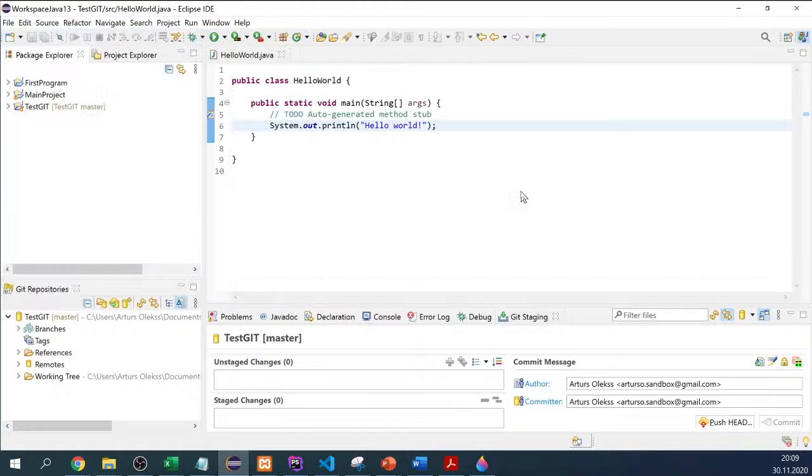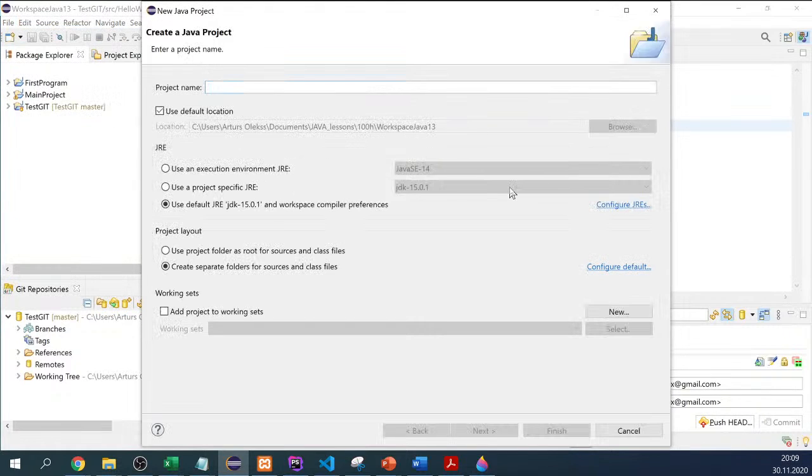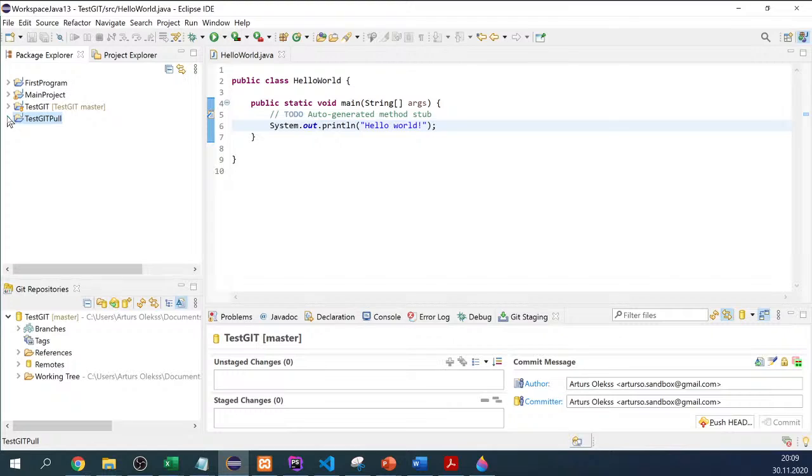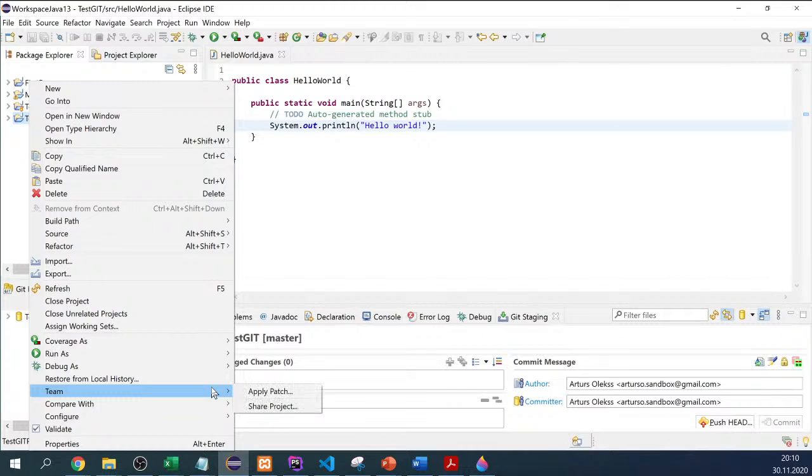Yeah, now let's create a new project. So imagine you have the files in your remote repository and you want to work with them on your local project. So as the option, create test git pull. So I will create some hash. And at the moment you can see that we have a new project with no files there. Alright, now let's again go to team